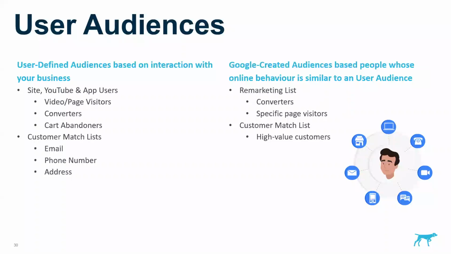In terms of what you can do with your own data, there are the user-defined audiences based on interactions with your business. People who've been to your website, who've viewed your YouTube videos, or have used your apps. A lot of ones that can be useful here are specific page viewers or specific video viewers, converters, so people who've signed up in the past or submitted a lead form. If you're a retailer, cart abandoner can be one. I think we've probably all gone to buy something online, got into the add-to-cart phase, looked at the price, and then gone, oh, do I really need this? But they can often be very well targeted to complete that purchase.